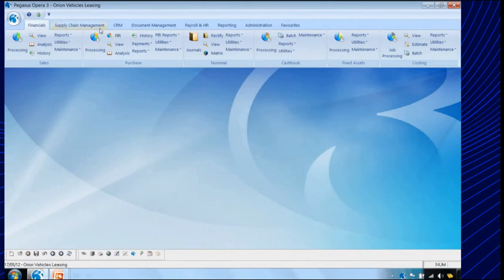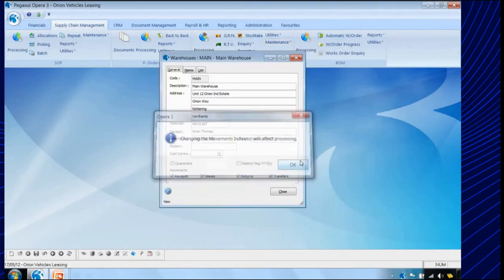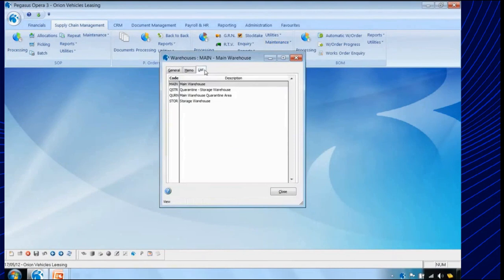Now remember, you don't have to use stock control. You can simply use the product file. However, let's have a look at some of the things that the stock control allows us to do. As part of the stock control, it allows us to go through and set up multiple warehouses. I can set up any number of warehouses that I want within the system, and when I define a warehouse,